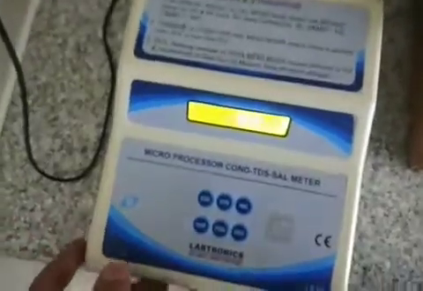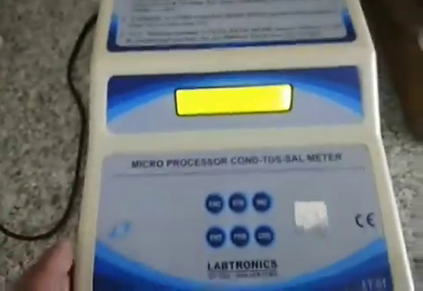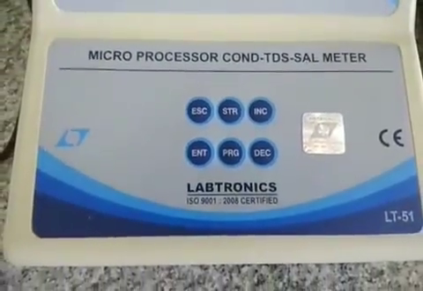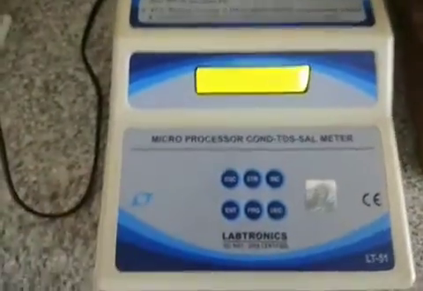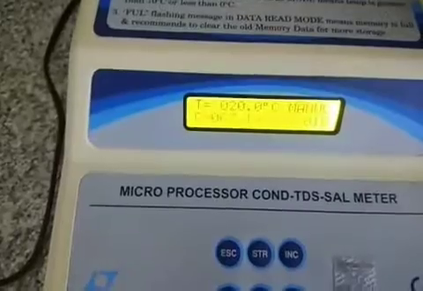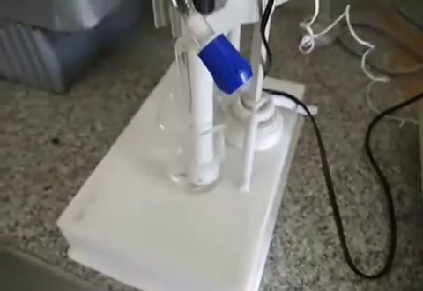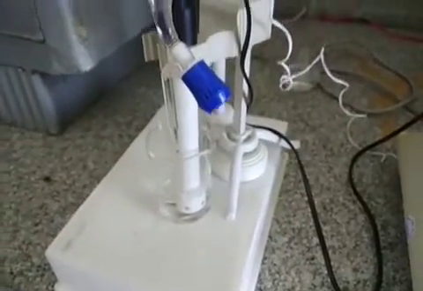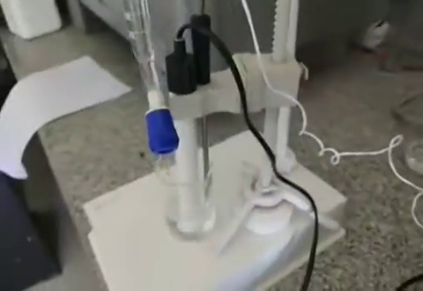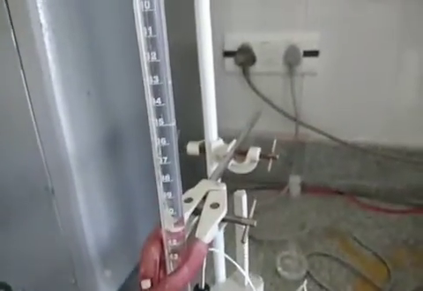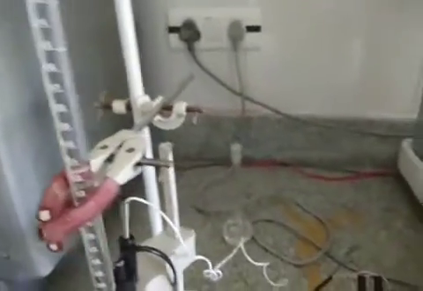So this is your surfactant concentration. This is actually the device called the conductometer, used to measure the conductivity.